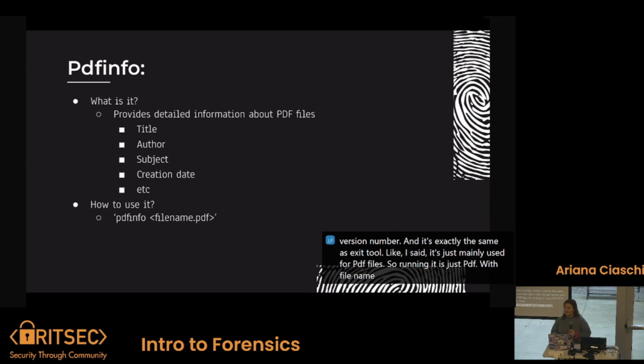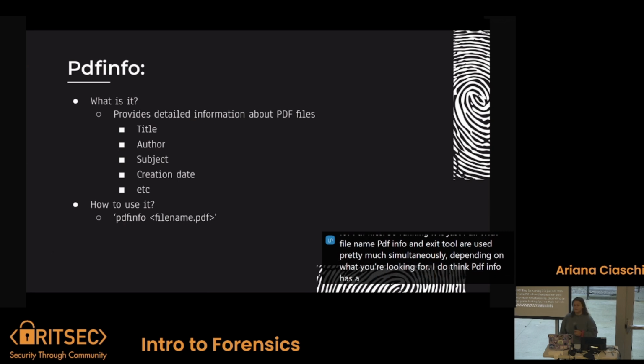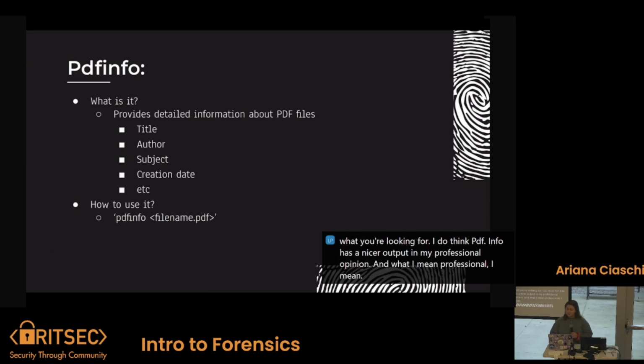PDF Info and ExifTool are used pretty much simultaneously depending on what you're looking for. I do think PDF Info has a nicer output in my professional opinion. And when I say professional, I mean I've used it twice. But